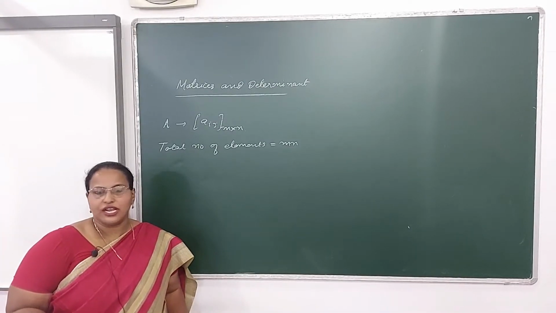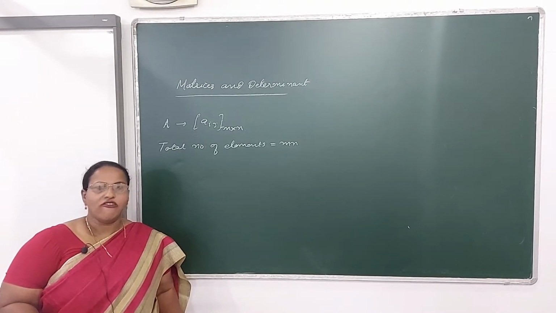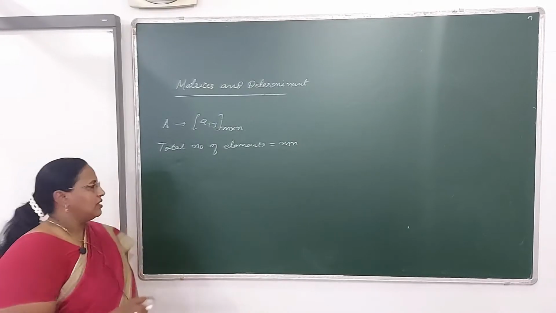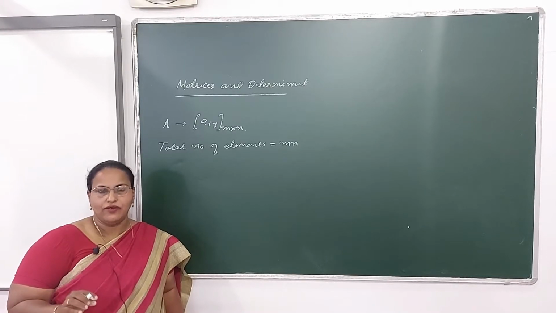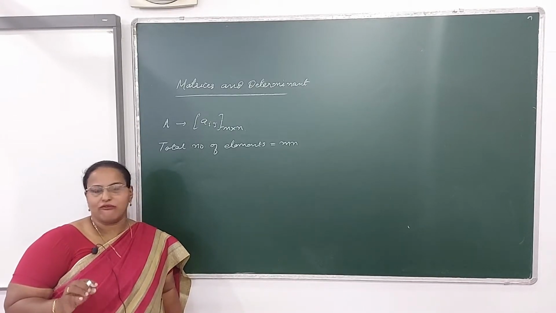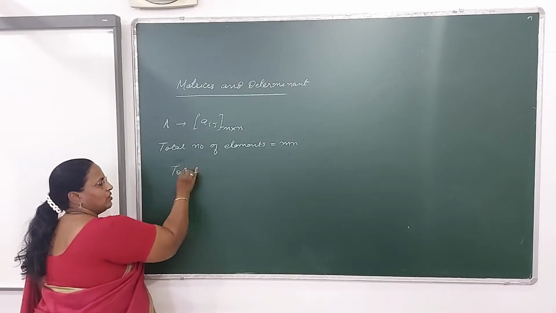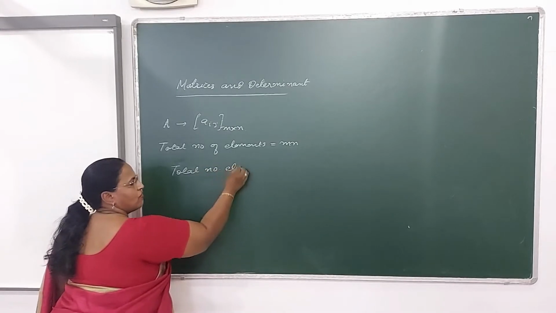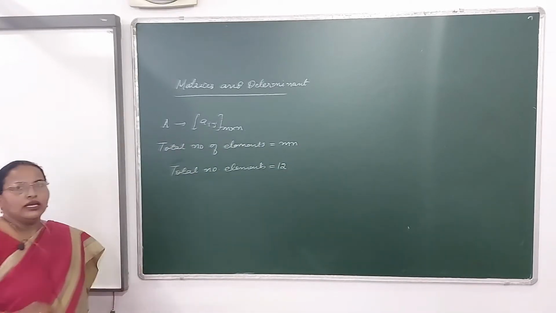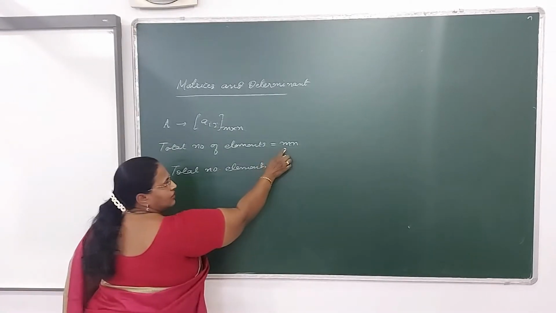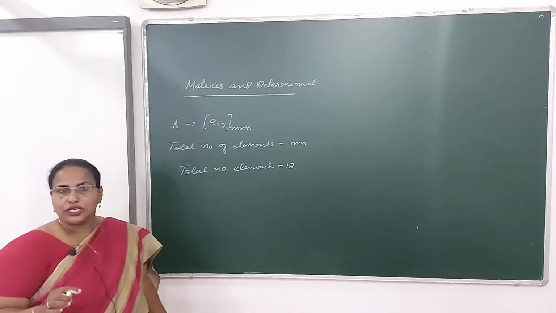In a matrix, if there are 12 elements, then what are the possible orders of matrices it can have? I am going to repeat it again. If the total number of elements is 12, then what are the possible orders of matrices it can have? Now see in what way you can find it out. So here the total number of elements is equal to 12. So if mn elements are there, then the order of the matrix is m by n. So if total elements are 12, then what are the possible matrices?